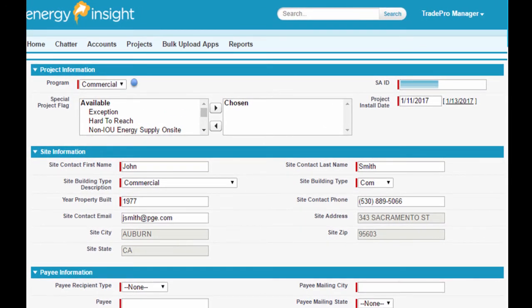You'll start by selecting Commercial, Industrial, Agricultural from the drop-down list. You'll put in the customer service ID. Then under the special project flag, in most cases you'll leave this blank. However, if it is a Prop 39 project or it's a deemed new construction, you'll make that selection here. Then you'll enter the installation date, customer's first name, last name, and then select the building type from this drop